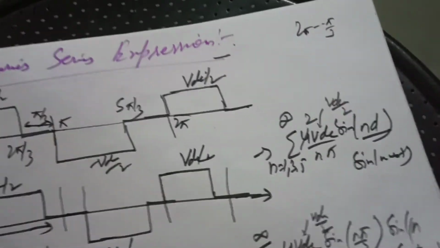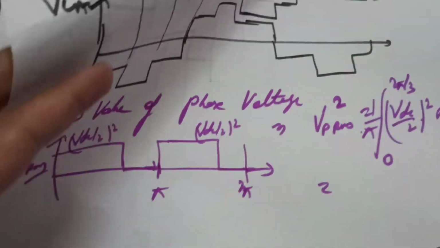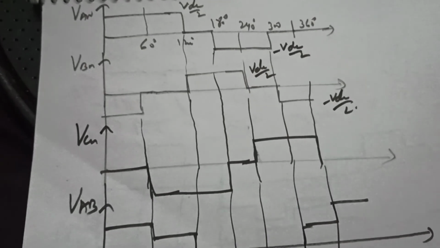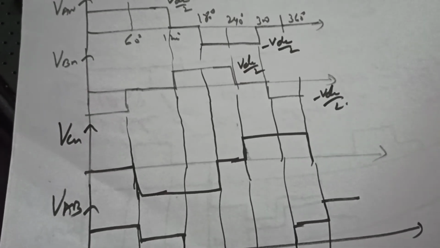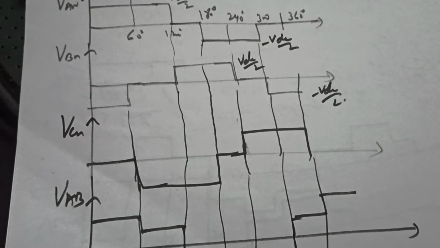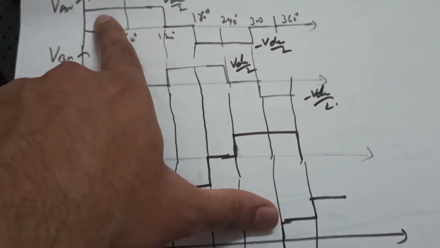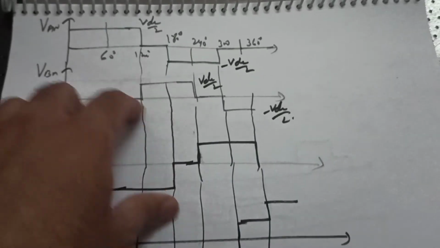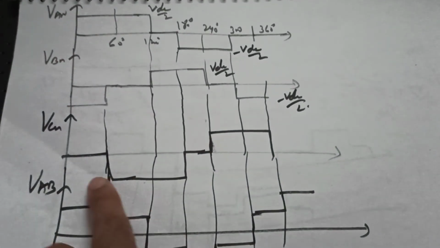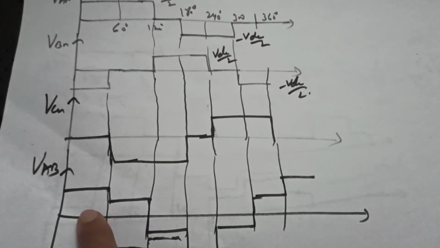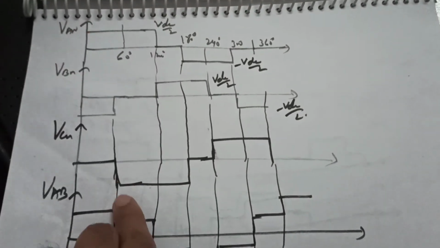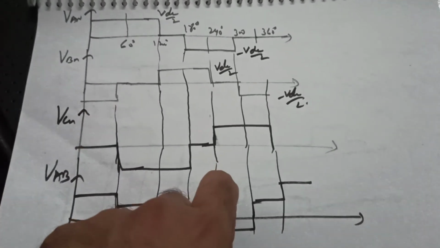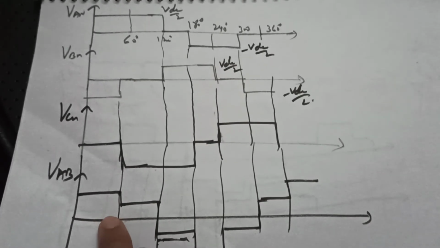So now I would like to show you the waveform, because this is the last part of waveforms. This is VDC by 2, this is again VDC by 2. Obviously this waveform will be shifted from this by 120 degree. Again the third one is this, and now you have to get VAB, VAN minus VBN, that is VAB. VDC by 2 minus VDC by 2, so VDC by 2 plus VDC by 2, 3 VDC by 2. Are you getting it?